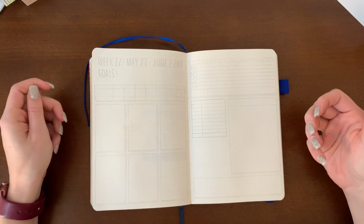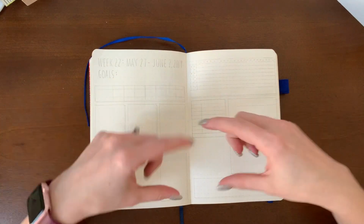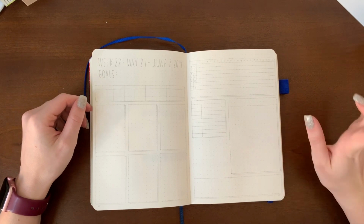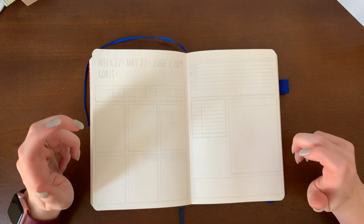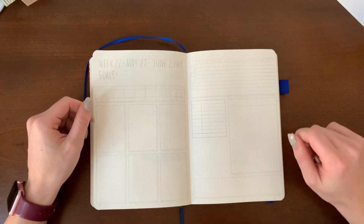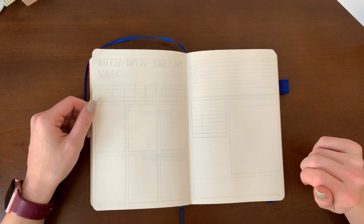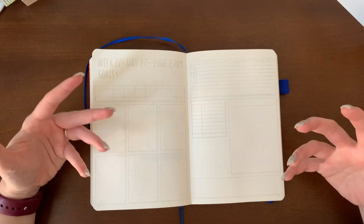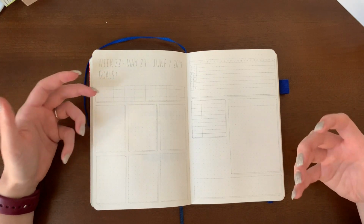So this week's theme is inspired by Craftyenginerd, and I will have that right over here. She is a brilliant bullet journaler. She is very precise with how she does things, so fingers crossed to me that I can even come close to getting as precise as her. And so thank you for inspiring me, because I think that modular looking spread is something that I'm kind of